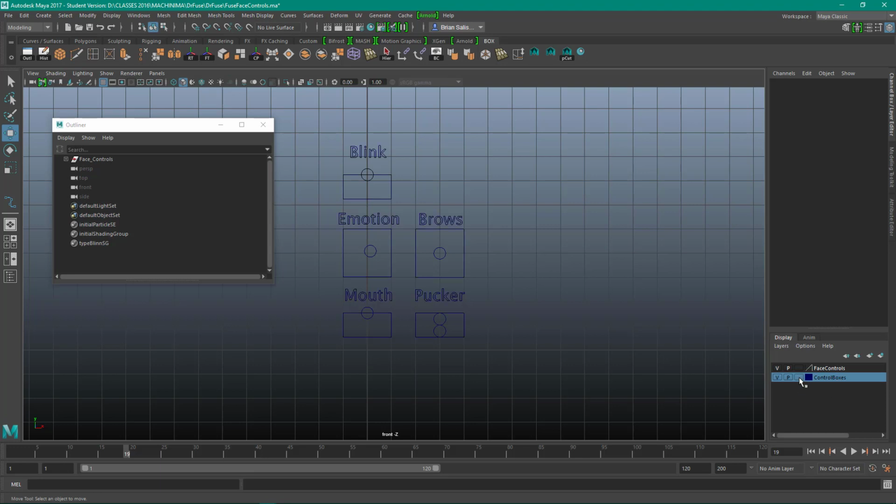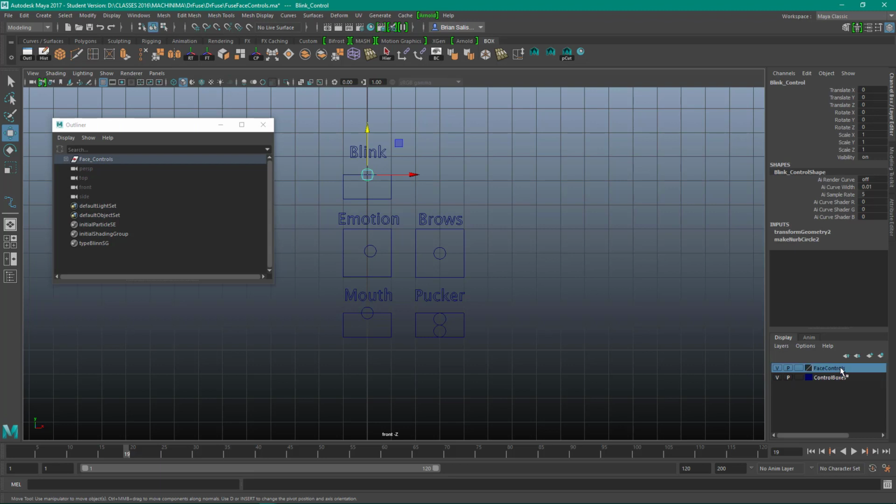And with a layer, you can either template it, which is with the T, or you can press R and that'll reference a layer, so it'll show it, but you can't actually select it. You can snap other items to it. But I want to be able to select the sphere, so what I'm going to do is select the sphere, come up to face controls, right click, say add selected objects,